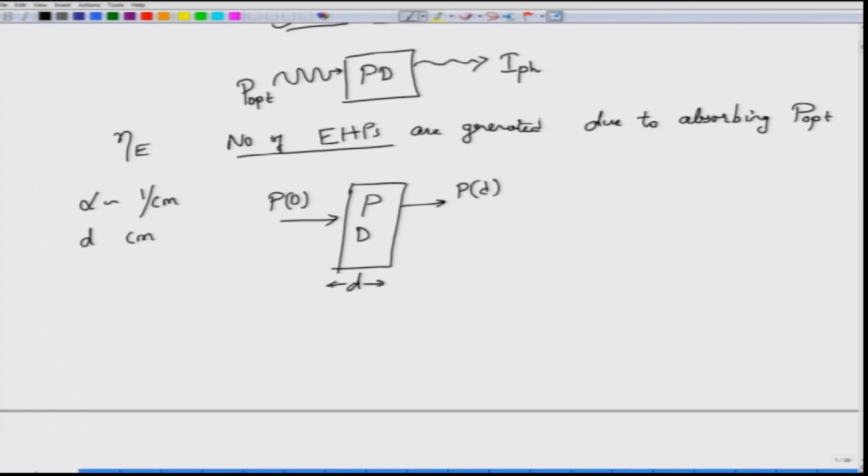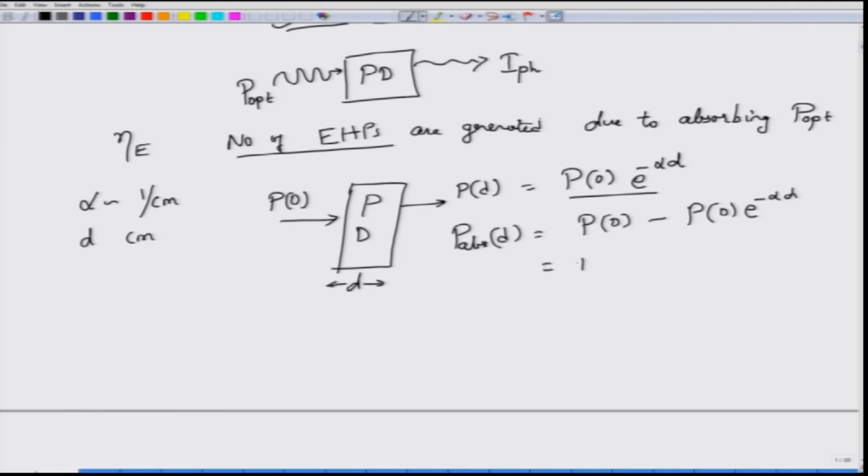So, if some power is absorbed inside and some power of course not absorbed will come out as the residual power. The residual power will be equal to whatever the input power that we have supplied to the photodetector times e power minus alpha d. This is the attenuation that we have seen in our earlier modules for optical communication. Now, if this is the power that is coming out, what would be the power absorbed over the section length d? The power absorbed will be the input power minus the power that is coming out, right. So, this much of the power has been absorbed inside. If you take this P of 0 as a common factor, you get